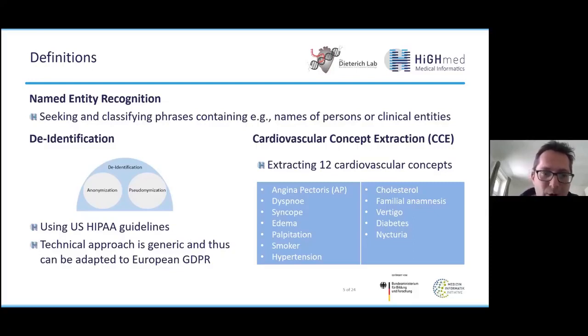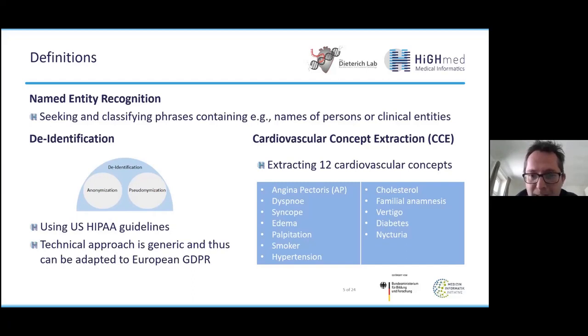You will very often hear anonymization or pseudonymization as well. Very often they are used synonymously, but they are actually different concepts. Our technical approach, which we will show here today, is generic, and thus it can be adapted to the European GDPR with legal advice.